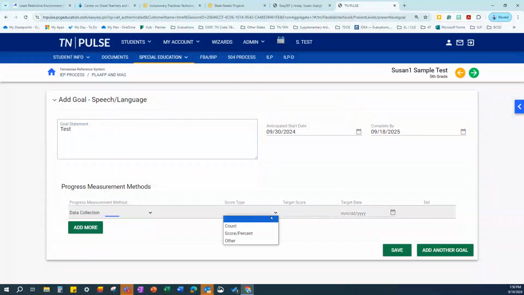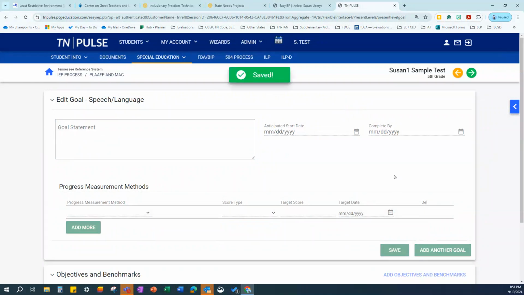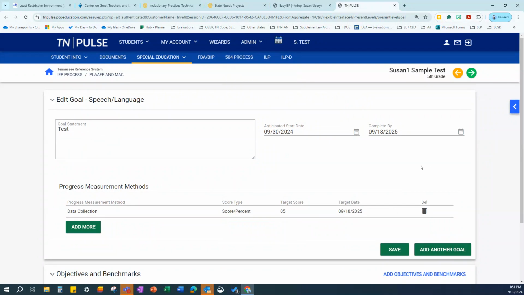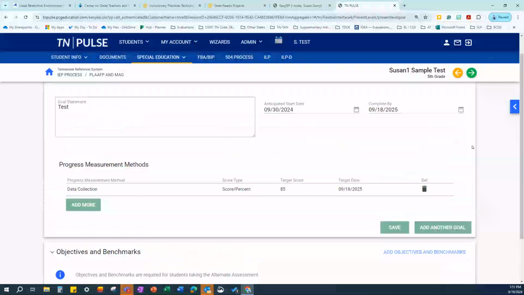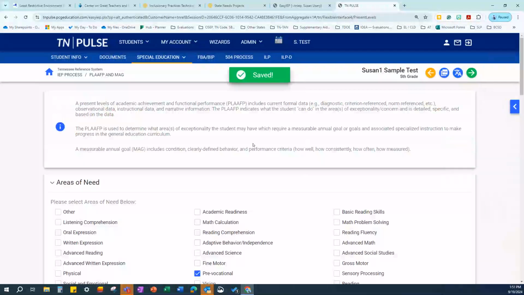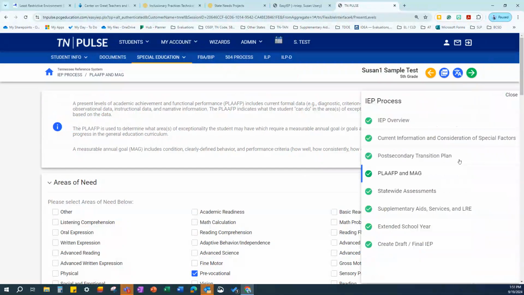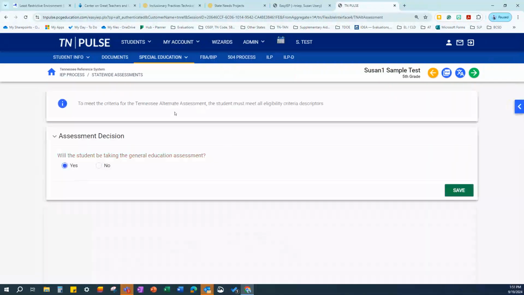And the anticipated start date is already populating based on the date of the addendum and the end date. For every measurable annual goal that is developed for a student, you have progress monitoring methods. So you can select either data collection, and then there are some options for a score type, and then the target score. So say we're going to do a count. You could also select other